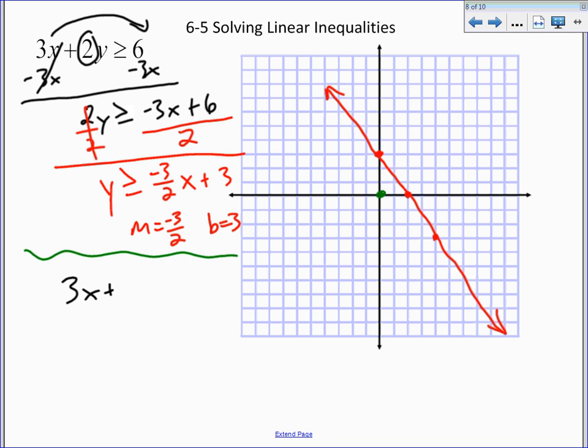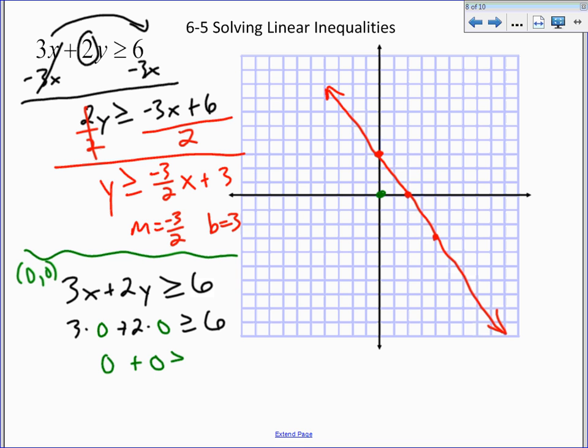I'm going to go back to my original inequality, and I'm going to plug 0, 0 in for that. So we get 3 times 0 plus 2 times 0. Is that greater than or equal to 6? We're trying to figure out if it's true or false. 3 times 0 gives us 0, plus the 0, 6. So is 0 greater than or equal to 6? Well, we would say that that's false, because 0 is not bigger than or equal to 6, which means 0, 0,